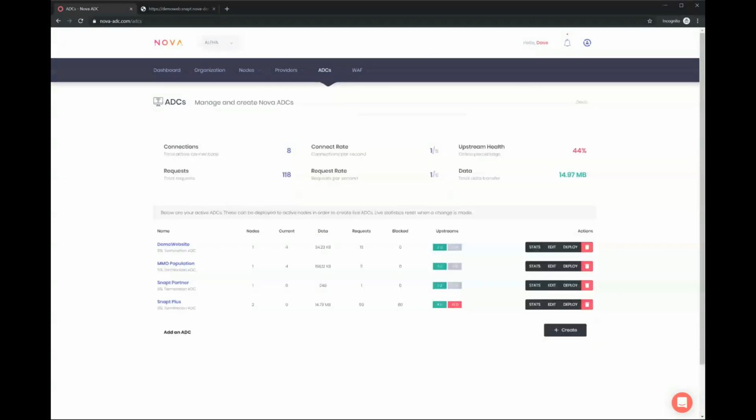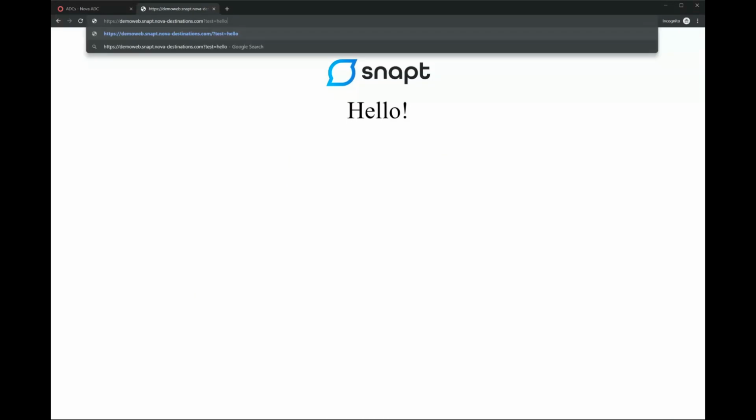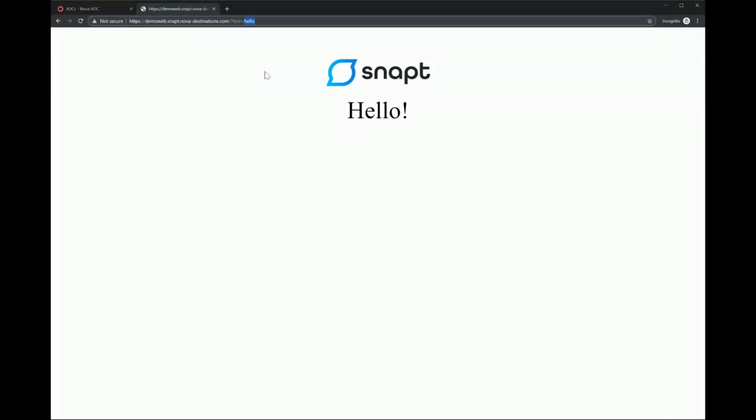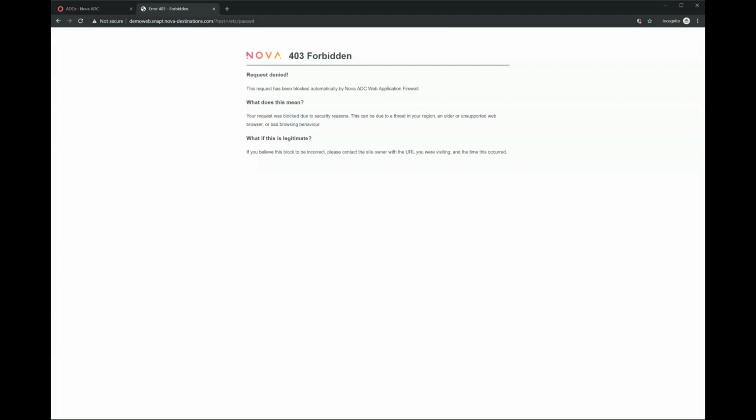And that brings us into the WAF. So the application firewalling and protecting of this web service, right? Basically, if there's a malicious request that comes here, we want to block it. So how do we test that easily? We might have something like test equals hello in the URL bar. But what if a malicious attacker tries to do an SQL injection or a remote file inclusion or something like that? A good test, if you ever want for a WAF, is to send etc password through and see if it blocks it, right? Because that's obviously a malicious string that should get picked up. So here we see that's been blocked because we have found this string in there, which shouldn't be there.